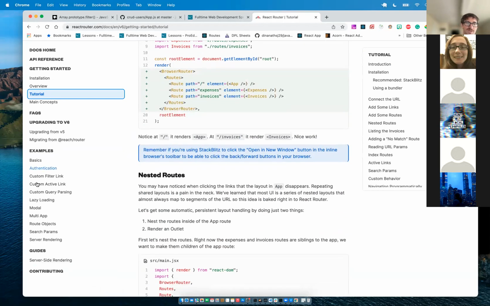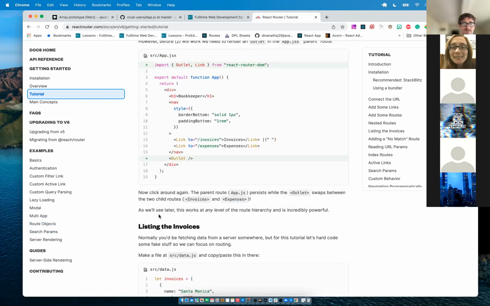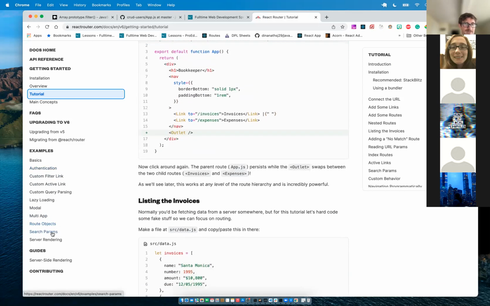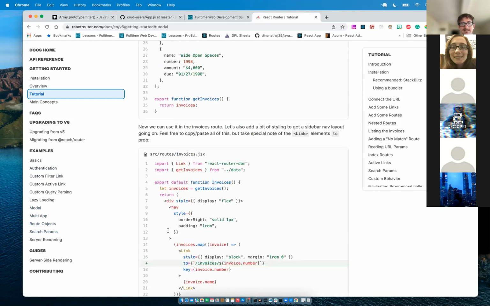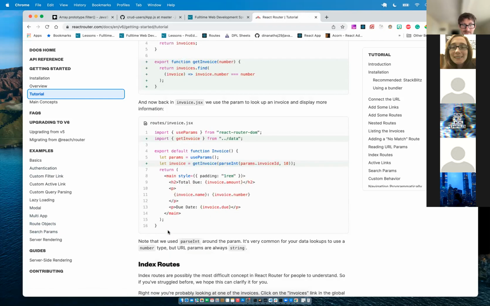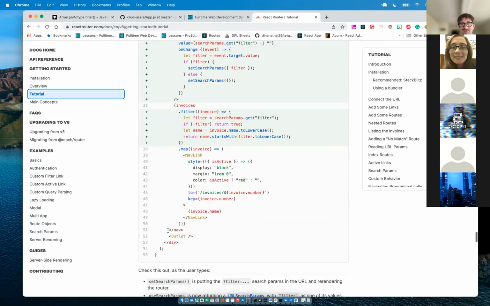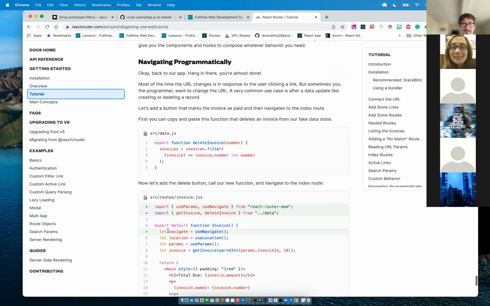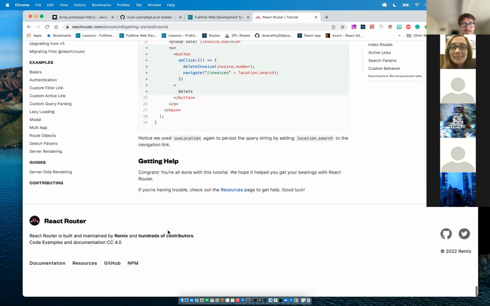But once you get into some of the more custom stuff, they're not going to lay out exactly how you do it. They're going to give you an example and then have you figure it out. But they do give a basic tutorial inside of here, that, if we look at,